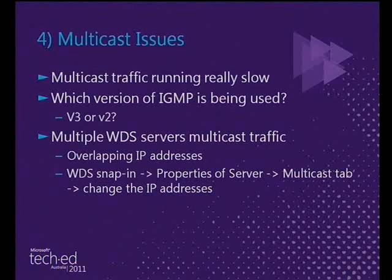So with Server 2008 R2, they decided to have 3 streams of multicast traffic. It's not enabled by default, but it's there if you want to go enable it. So the default behavior is still one great big bucket for everybody. But you can go in and tell it, everybody starts in the fast bucket. If they drop below a certain bandwidth, they go into the medium. If they drop below another bandwidth, they go to the slow. Now, it's still true that the slowest client will dictate the speed for everybody else in that bucket. But the nice thing you can do